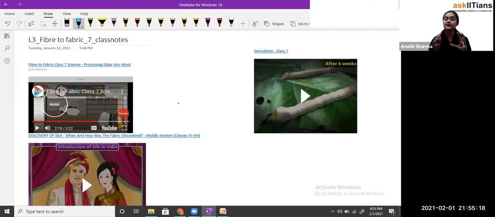Now after we get the clean wool, what we do is we separate out the fibers. The fibers which have the same texture, we separate them on the basis of their length or on the basis of their color or any other factor we can include here. So on the basis of those factors, we separate out the fibers from each other so that we can get the different types of fibers, and we can form them into the fabric.